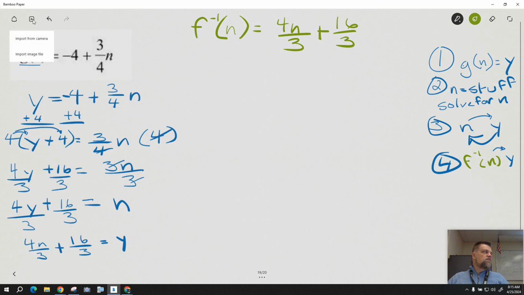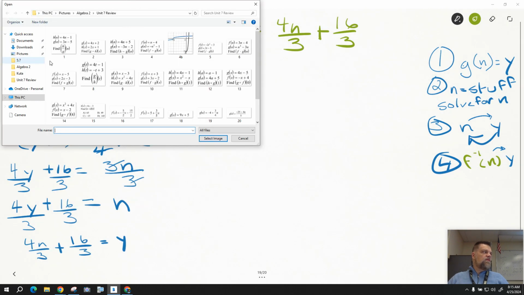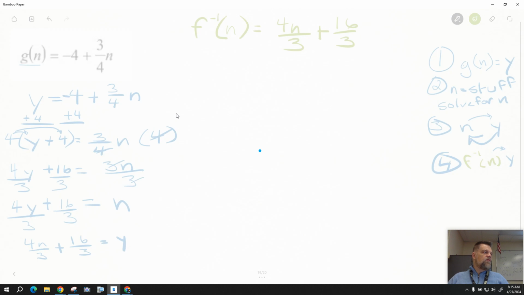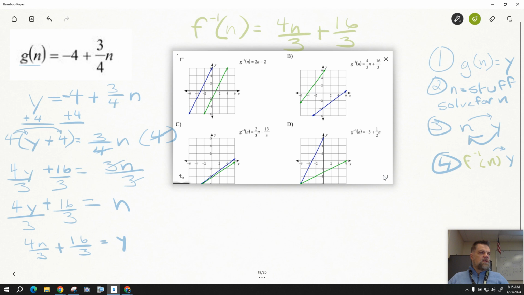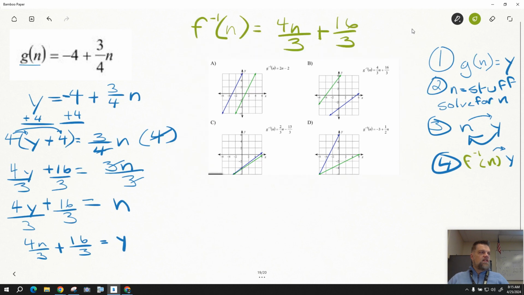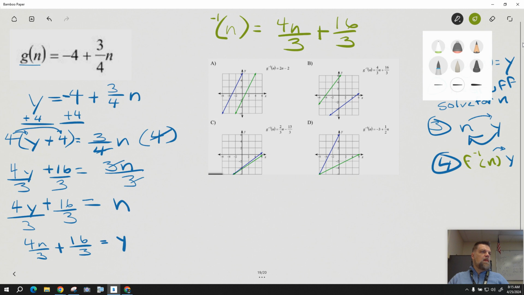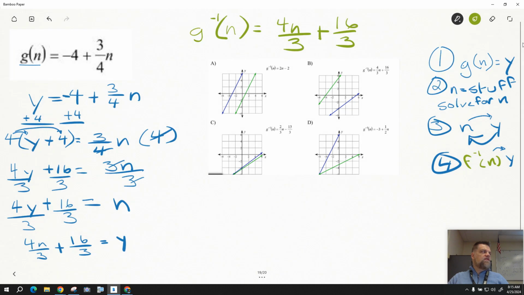So your multiple choice file for this particular problem, it kind of looks like this, right? Now we see that B has the right equation, right? Oh, and it's not F inverse, it's G inverse. Good catch. Right, because this is G, although I guess it doesn't really matter, but it does matter because we have to make sure that this is the inverse of G, right? So they should have the same letter. So, but anyways,